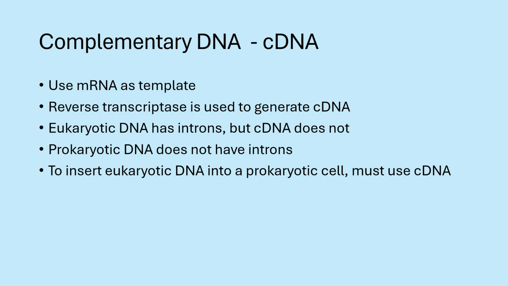Prokaryotic cells do not have introns. And so if you want to take DNA from a eukaryotic organism, such as humans, say like the human insulin, and you want to put that into a prokaryotic cell, such as E. coli, to make a particular product,